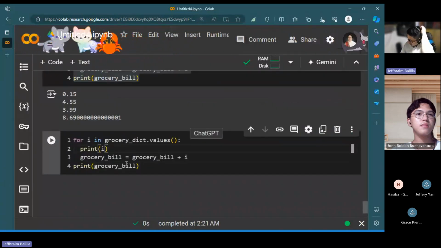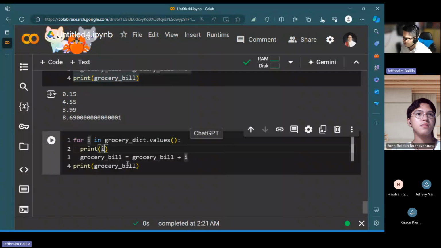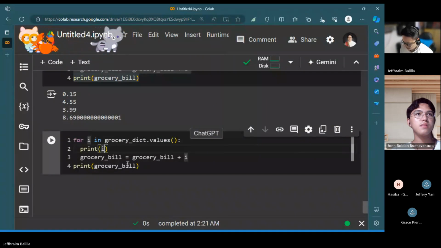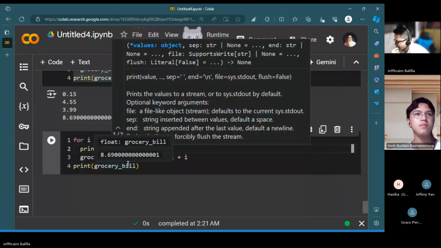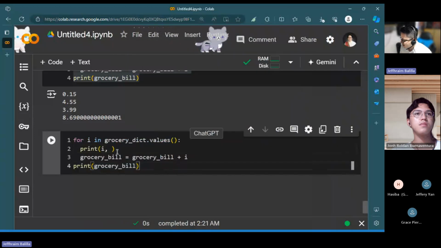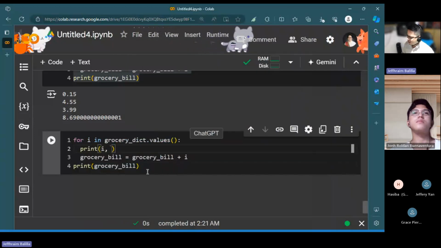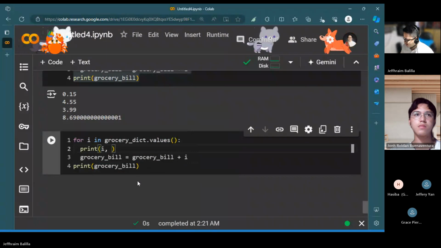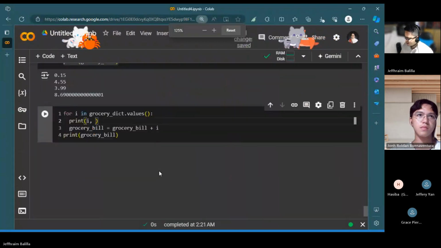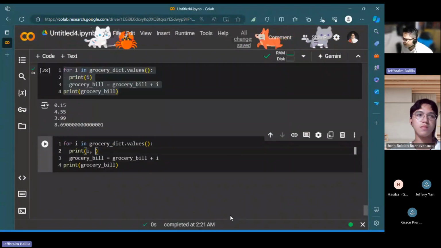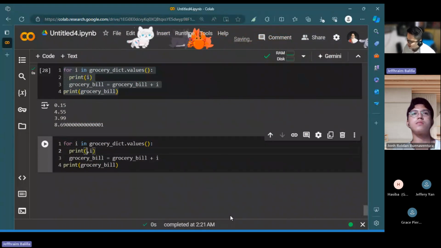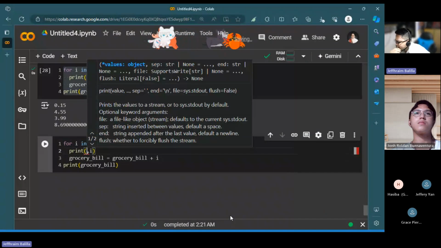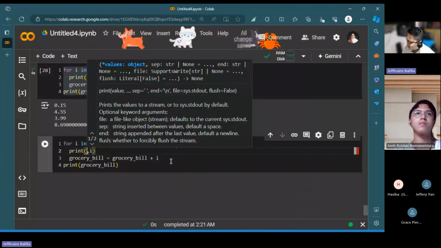I want here to also, aside from printing i, I want, let's see, recommendations are flooding my screen. So the prices would be, and then let's see.